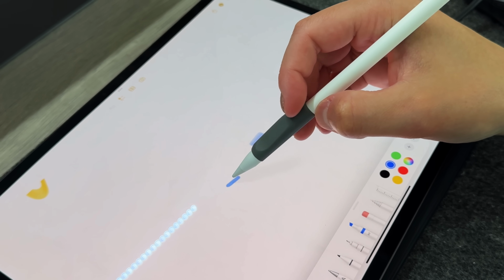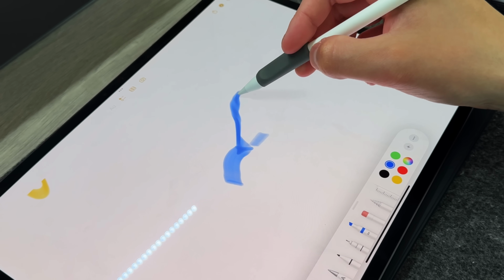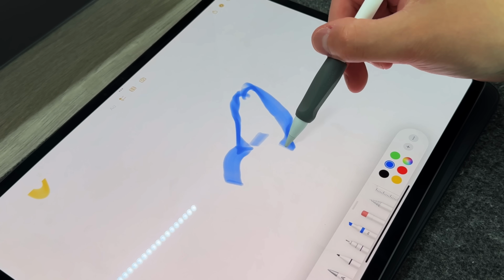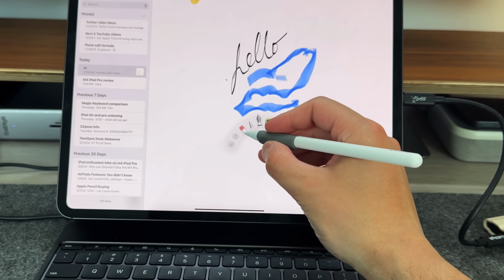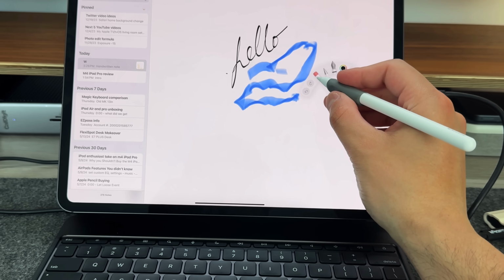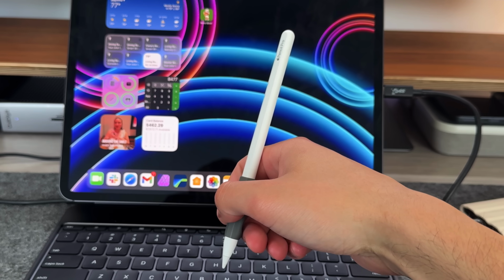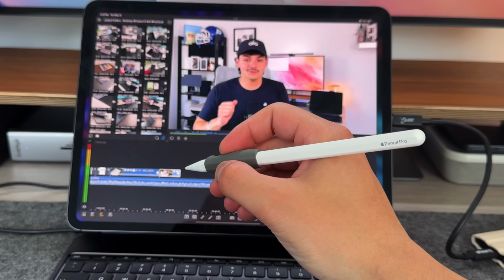So I would honestly recommend going with the Apple Pencil Pro just because it's so robust. It has a lot of awesome features. Even if you aren't an artist, because I by no means am an artist, the Apple Pencil Pro gives you enough features and kind of future-proofs you a little bit, because it also has Find My support. It's got the haptic engine in there, which makes it feel very nice whenever you're actually using it. And the squeeze functionality allows you to open shortcuts. So the Apple Pencil Pro is definitely the way to go, but if you do want to save 50 bucks,